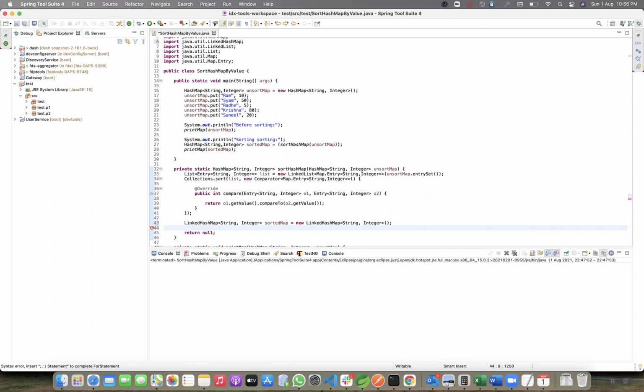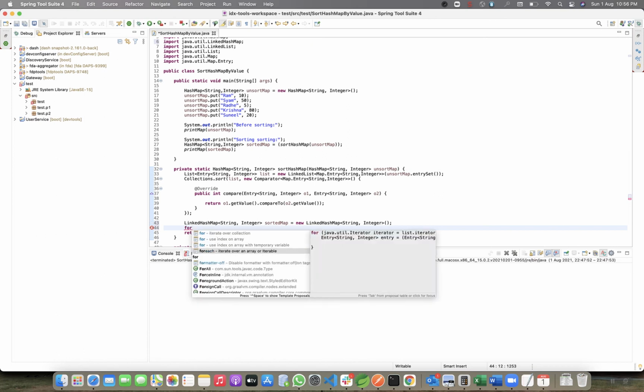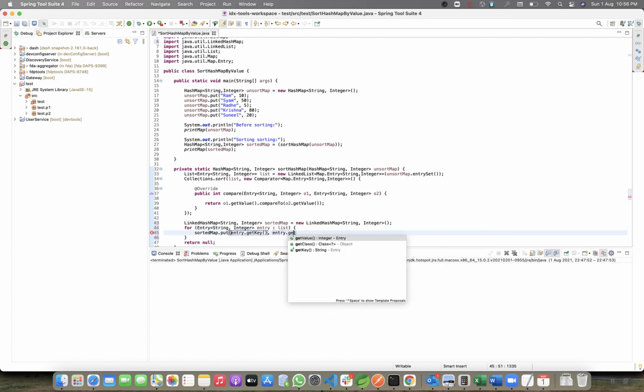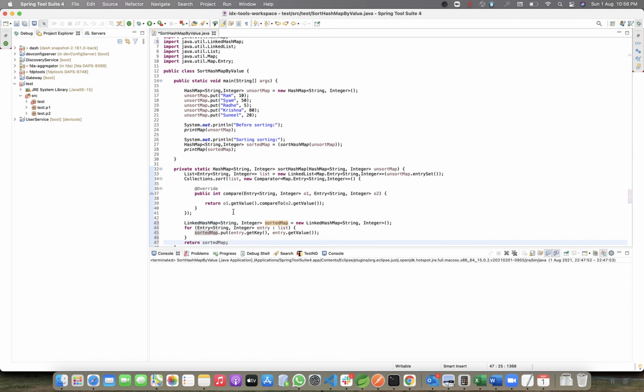We can use a for each loop, and then call the put method with entry dot get key and entry dot get value, and return this sorted map.